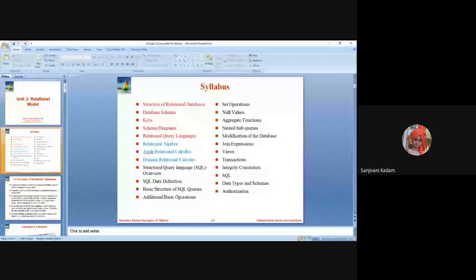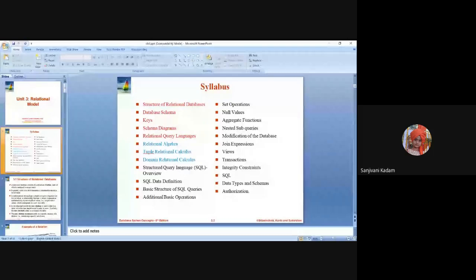And next comes the major part of the database system, that is structured query language. So if we are having almost 10 implementations, out of that 8 implementations use SQL as a primary means. It means our 8 implementations are based on this remaining part of the syllabus. So this chapter might take 7 to 8 lectures of 2 hours. So we will try to cover maximum examples for the SQL, and then only we will proceed to the next